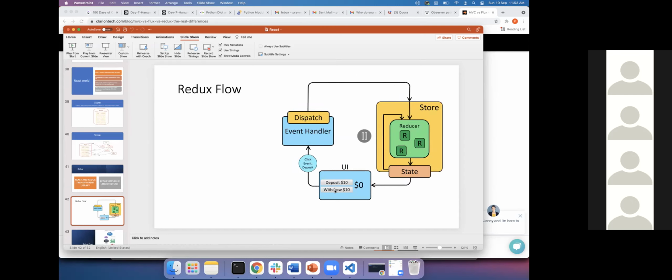Now, I hope the UI part is clear and the dispatcher part is clear. The dispatcher part uses an object representation of what kind of transaction we are doing and what kind of data we are passing. You could imagine your amount is 10 rupees and you are going to add 10 rupees. So you pass a payload like this, and you pass some action with a type keyword, and that will be taken into the reducer.